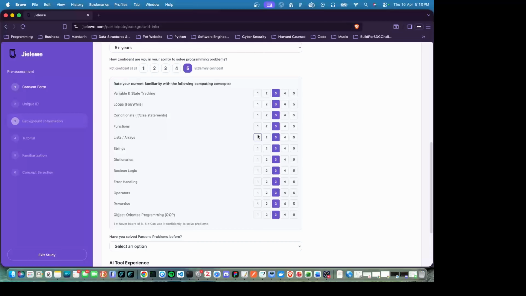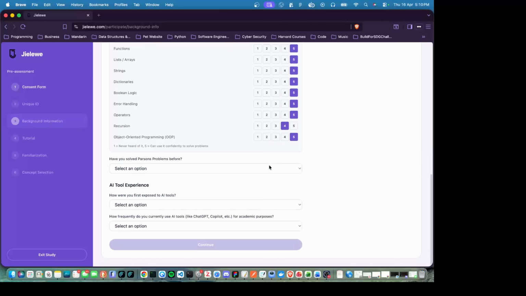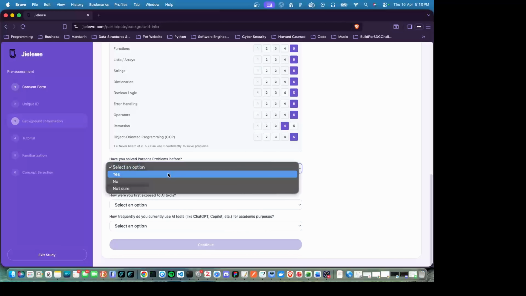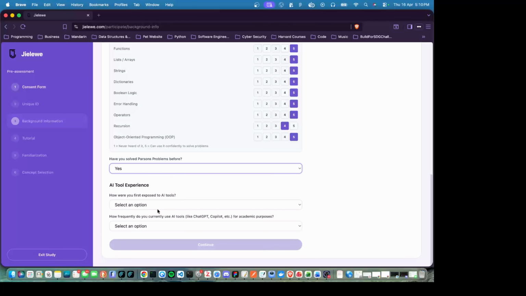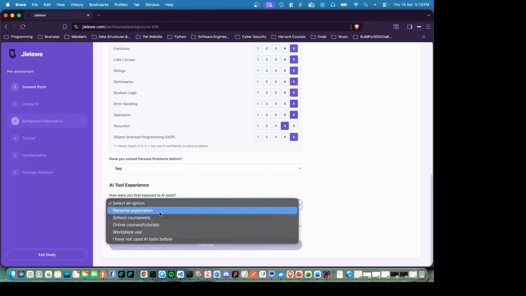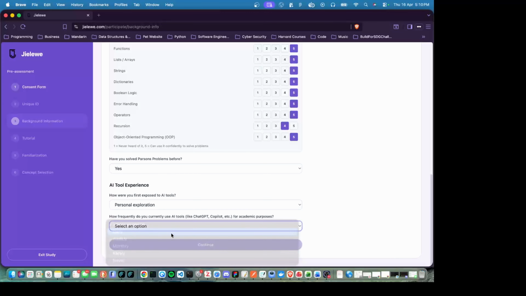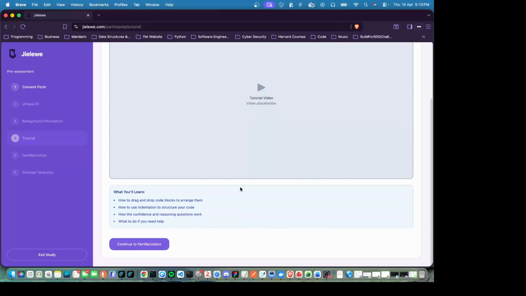Then you'll get a question asking you more about your confidence in the different concepts, and you can fill this in any way that aligns with your confidence. Lastly, you're going to tell us if you've used Parsons problems before and about your experience with AI tools.